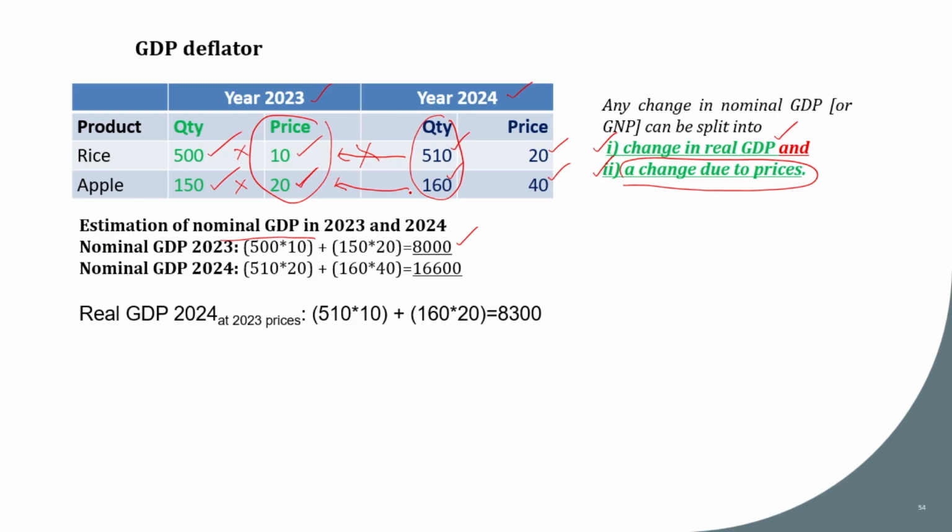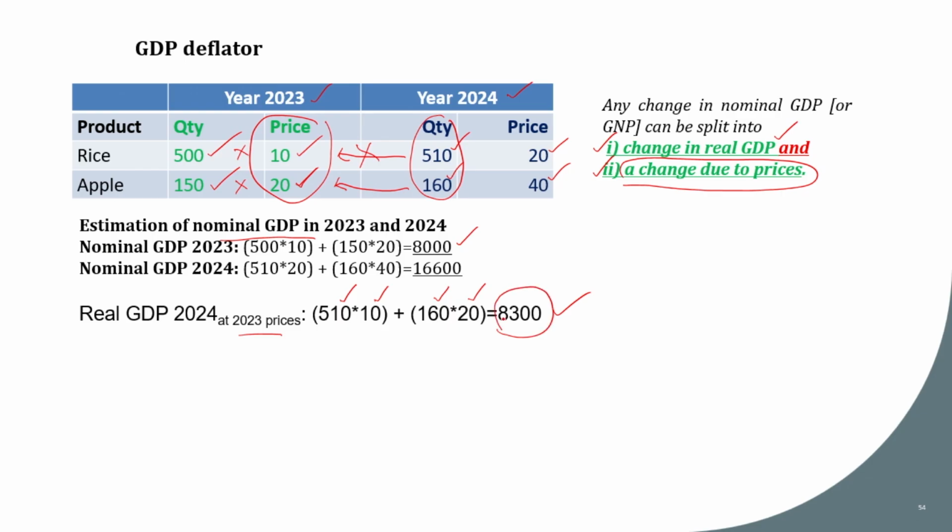So you can see here that 510 is multiplied with the rice price. The 510 is the quantity produced in 2024 and 10 is the price in 2023. Similarly, 160 is the quantity produced in 2024, 20 is the price of apple in 2023. So we use the quantity of 2024 but the price of 2023. So when we calculate this, what you are getting is that the real GDP in 2024 at 2023 prices is going to be